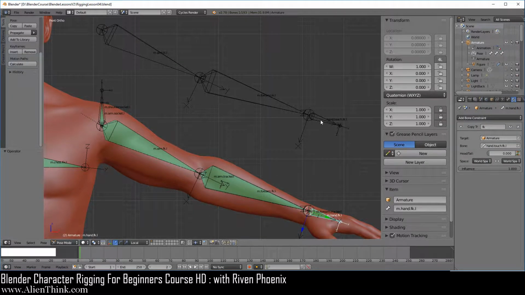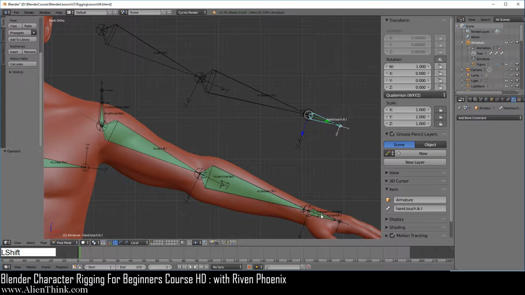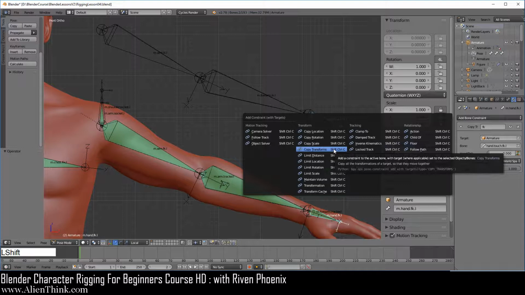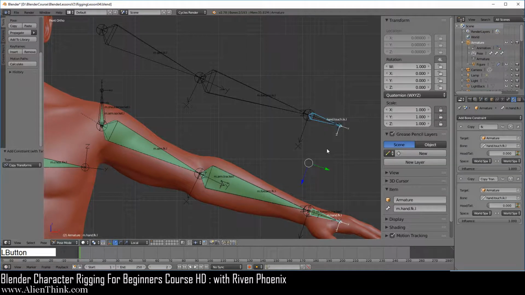Now here we're going to click on this bound, press the shift key down, click on this one, do shift control C, and here we're going to do copy transforms, right? So this is the same thing that we did with the legs. So over here we're just going to type in IK and enter. Again, this is just a name. It doesn't mean anything, right? We can call it whatever we want.